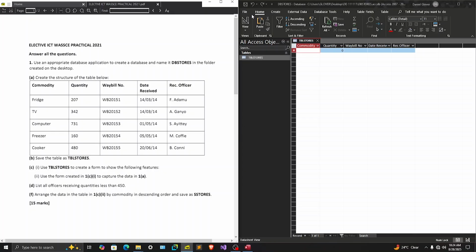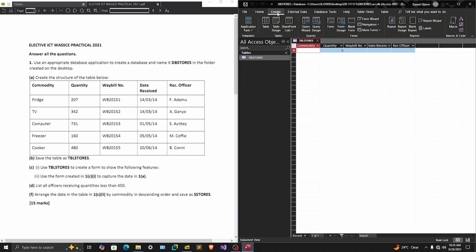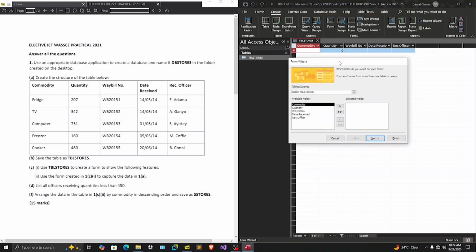It's very simple. So let's start with creating the form. Once again, you go to your menu bar, you locate create, then you click it. Then you come to the form section. So this is it over here. And you look for form wizard and click it. Then you're going to see a pop-up